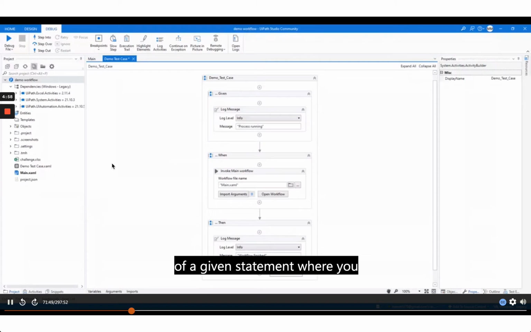So in our case, we have this employee information that we get from a spreadsheet. When we're given that spreadsheet, it will trigger the main workflow that